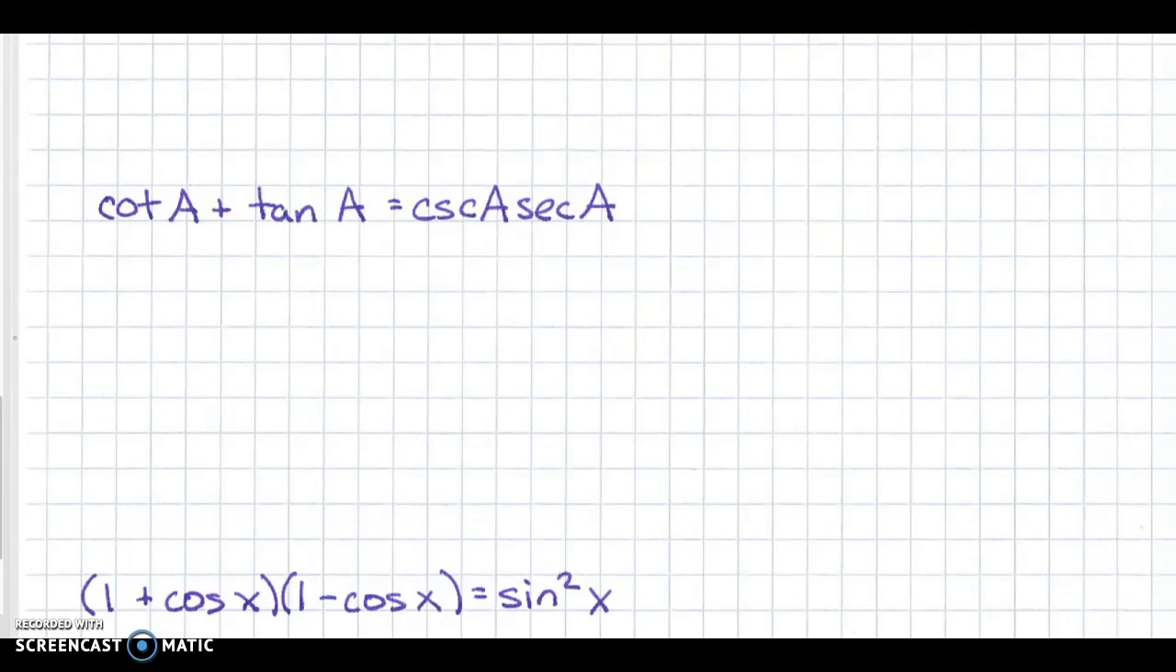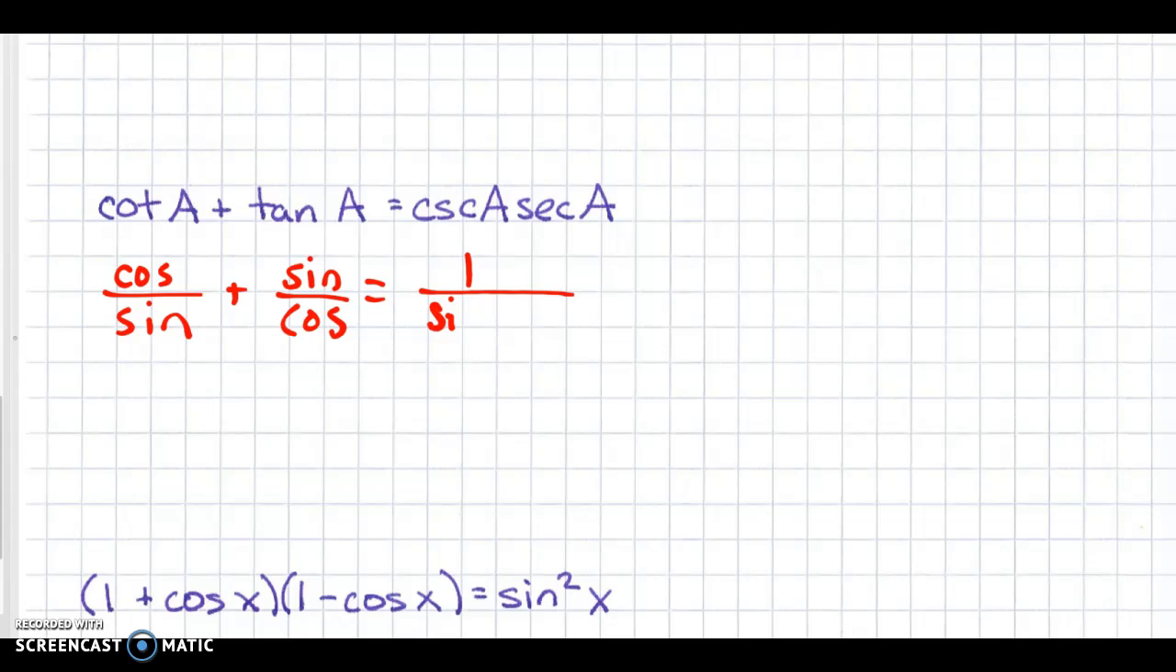Here we go. So I have two separate terms here. I'm going to turn everything into sine and cosine. So this is going to be cosine over sine plus sine over cosine equals 1 over sine times 1 over cosine. So the technique to do when you have adding and subtracting in there is you're going